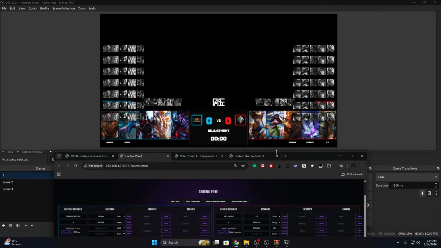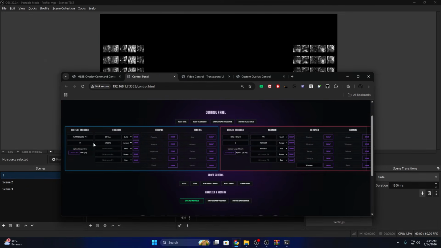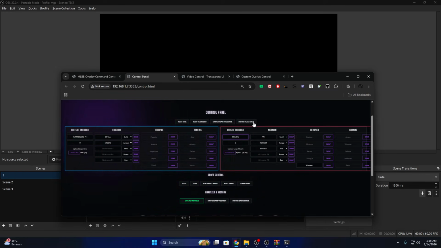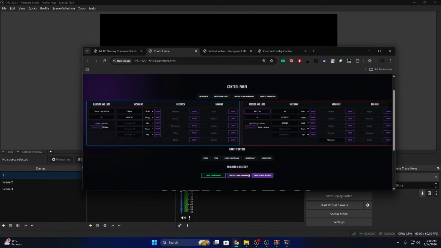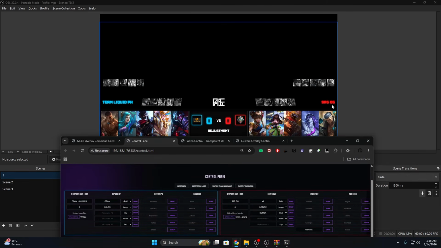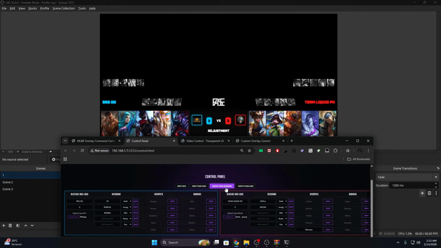Okay, and then if you're asking how to reset it, basically to reset it you just need to set a new different team. So basically, let's just say our Team Liquid PH here is going to play against SRG OG, and it will be reset. Okay, and then if we save to previous again, it will be detected, or if we switch the team here, it will switch, guys. Oh no, not switch logo, switch team name, sorry. And it will switch. So this is how the global ban works.